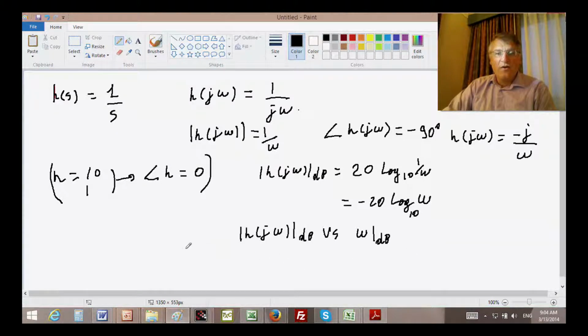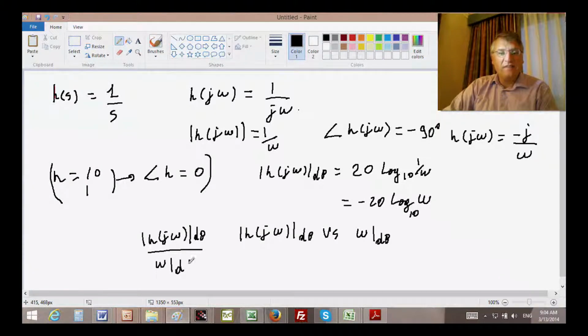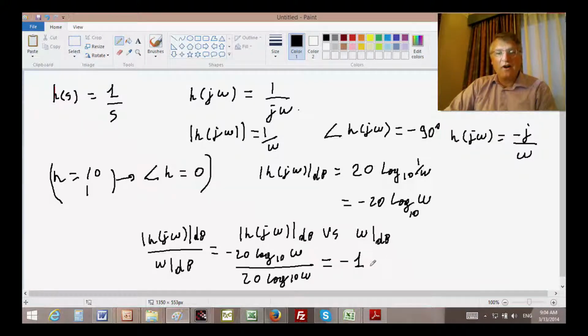Okay. We would have that H of j omega in decibels divided by omega in decibels is equal to minus 20 log 10 of omega divided by 20 log 10 of omega. It is equal to minus 1. That is the minus 1 slope